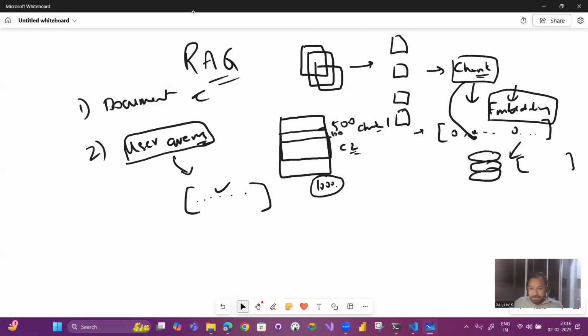As simple as that. I'm going to use cosine similarity to identify if two embeddings are near to each other or not. If they are near to each other, what is my distance? The closer the value is to 1, the more highly related they are. The closer they are to 0, it means they are not at all related. Okay, this is called retrieval.